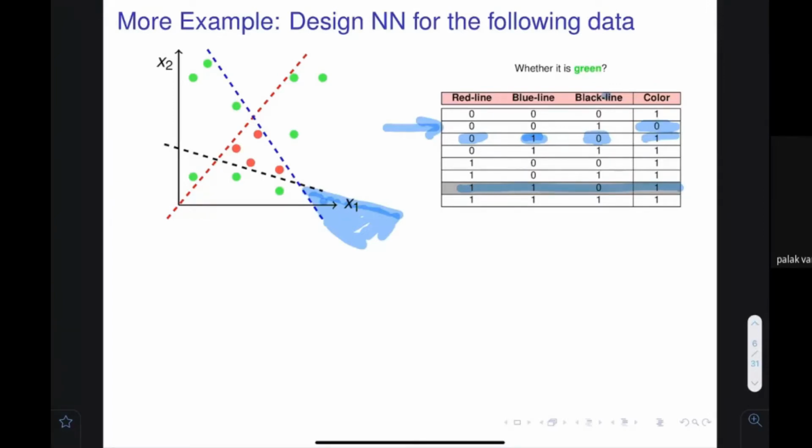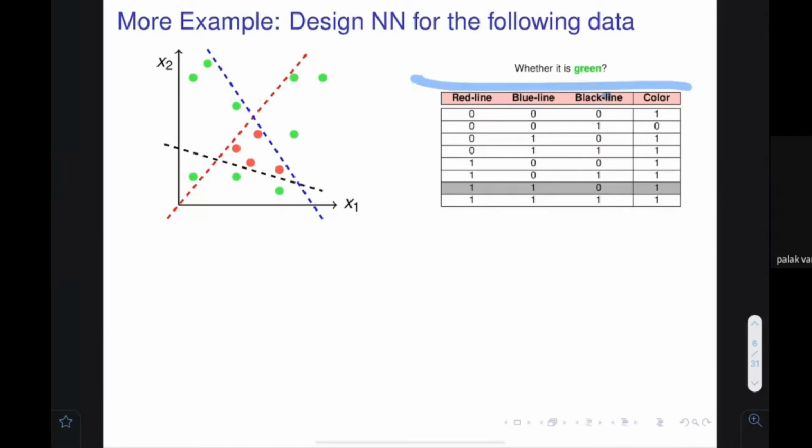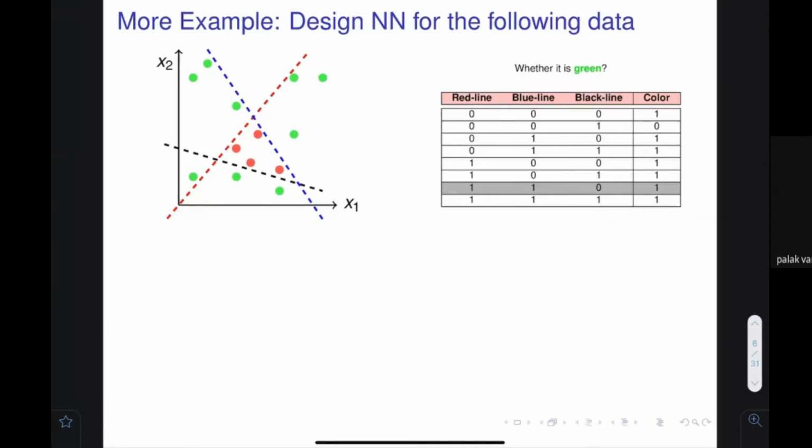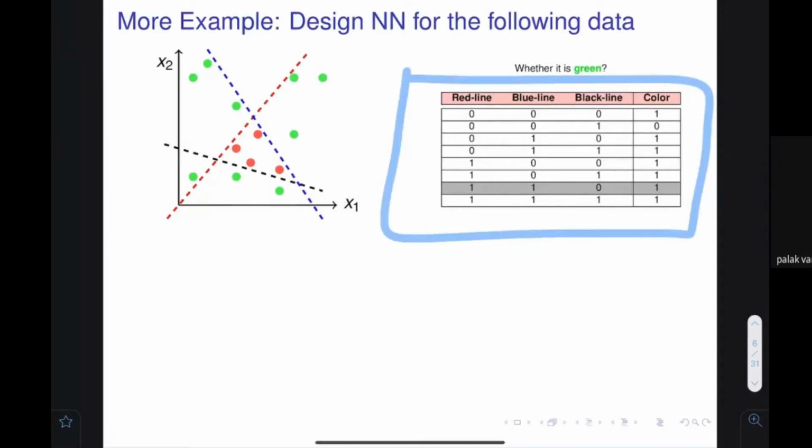Right now, the very important thing that I wanted to tell you is that multiple straight lines can be drawn. And by utilizing them, you can devise a strategy. This strategy can give you the right color for that particular item. Make sense? Is this fine?